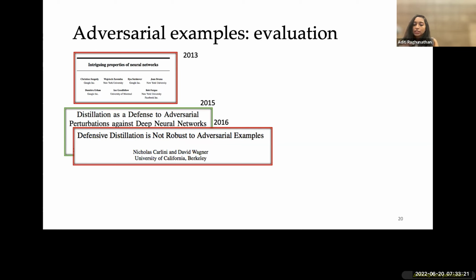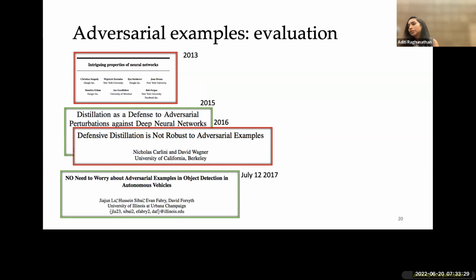So there's a problem where an idea was proposed, and then a follow-up paper broke it. And it's not just one example. For example, a blog post claimed on July 12th that we don't have to worry about adversarial examples, because if you had multiple views or different depths and so on, these things disappear. And just 5 days later, this was again shown to be broken.